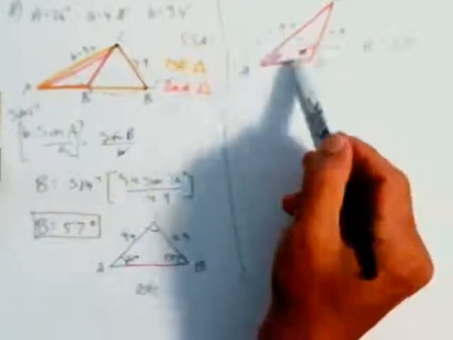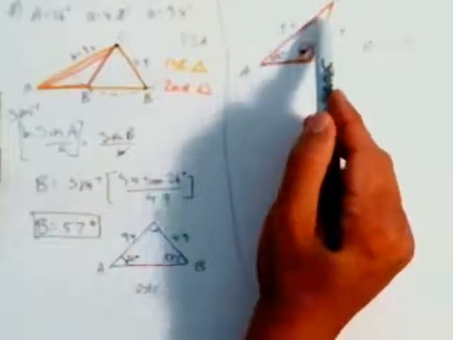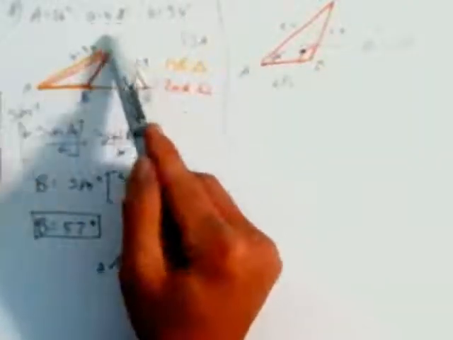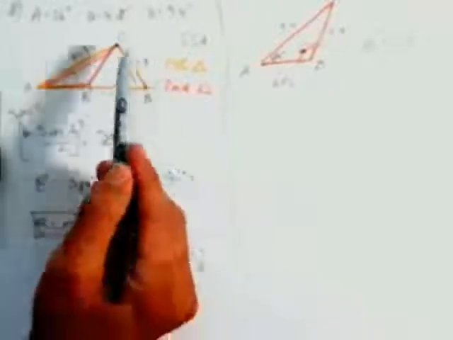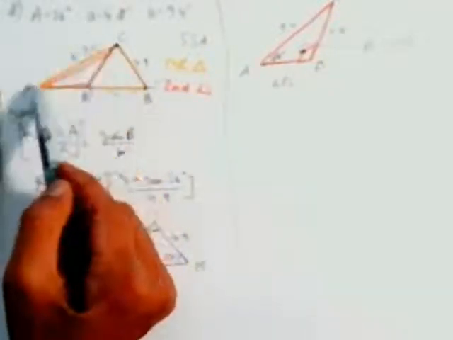Since you figure out what this is now, you can use that to subtract it from 180 to figure out what angle C is, and then from there you can use the law of sines to figure out what little c is. It's not that difficult. So you will have two triangles, the outer one and the smaller one. One of the things is this length, little a, has to be bigger than smaller